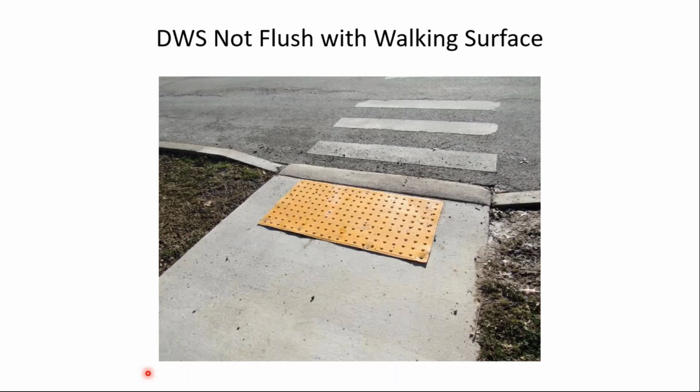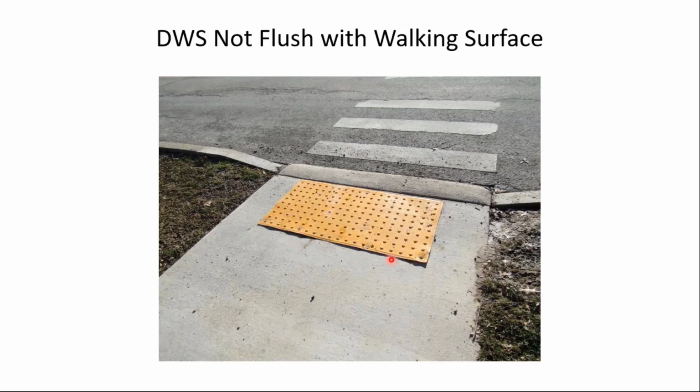Another issue I see is the detectable warning surface not flush with the walking surface, as you see here. Kind of poor workmanship maybe, but notice they've created a lip that at spots is more than a quarter inch vertical, and that creates not only a barrier to movement, but also a potential tripping hazard for all pedestrians. So I talked about the importance of having a flush base at the ramp, but it's also important to have a flush